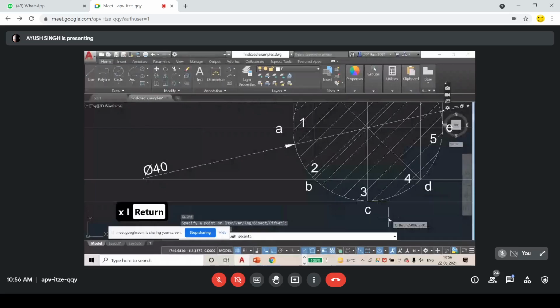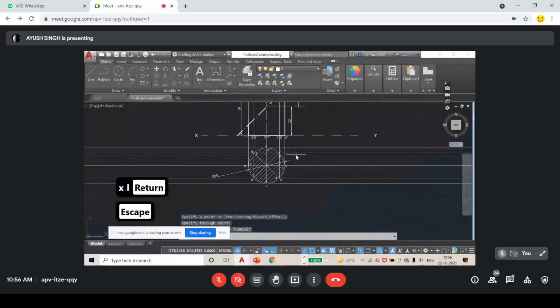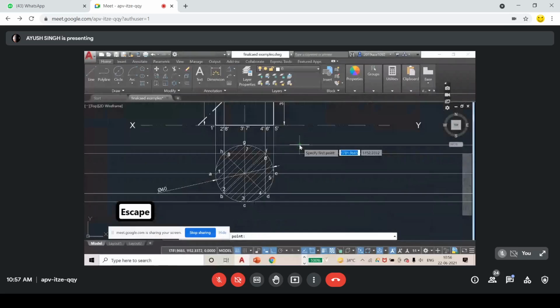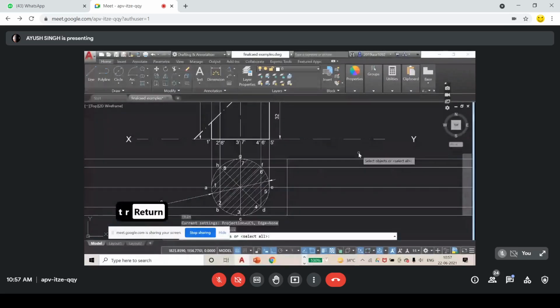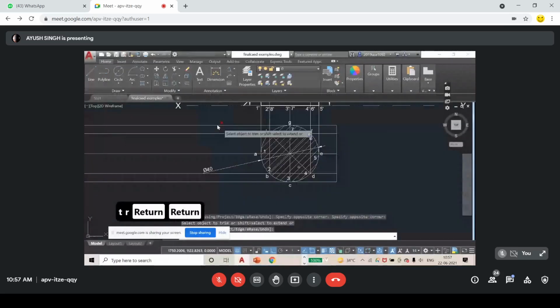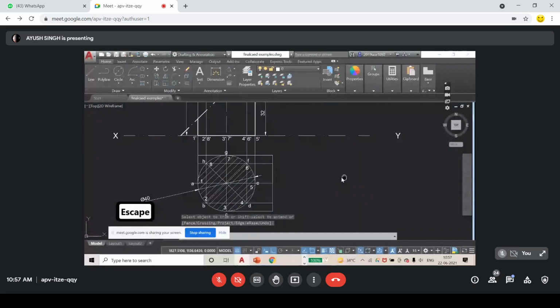Now I will create a perpendicular line here, because I want to rotate these lines at an angle of 45 degrees. Now I am going to rotate these till here. First I am going to trim. I will use X line again.